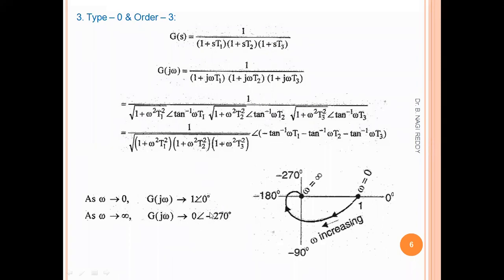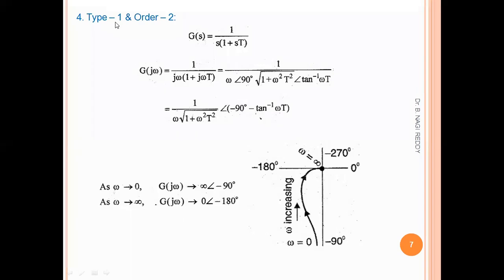Similar way you can calculate, and we will get the minus 270. So now you can see it is starting at 0 degree with a magnitude of 1, and it is traveling, crossing minus 90, minus 180, and it is coming to minus 270. So minus 270 is this line, so it has to close at minus 270 with a magnitude of 0. So that's why it is coming to the 0. So this will be the polar graph. You can see the shape of the graph is changing based on these angles, right? So this is for case 3.